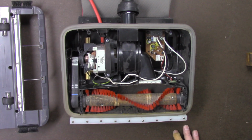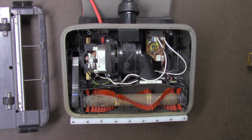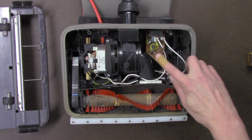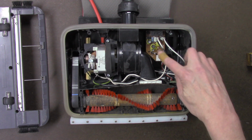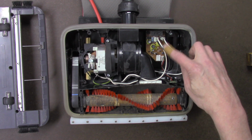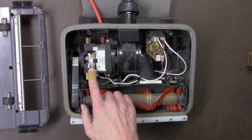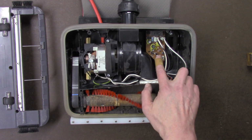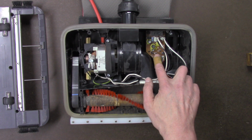Here's the inside of the Oreck XL. You'll notice that there's this little circuit board here. It's obviously to protect the motor from overheating, but you'll notice that the motor does have overheat protection built in already. So if the motor's simply not running,